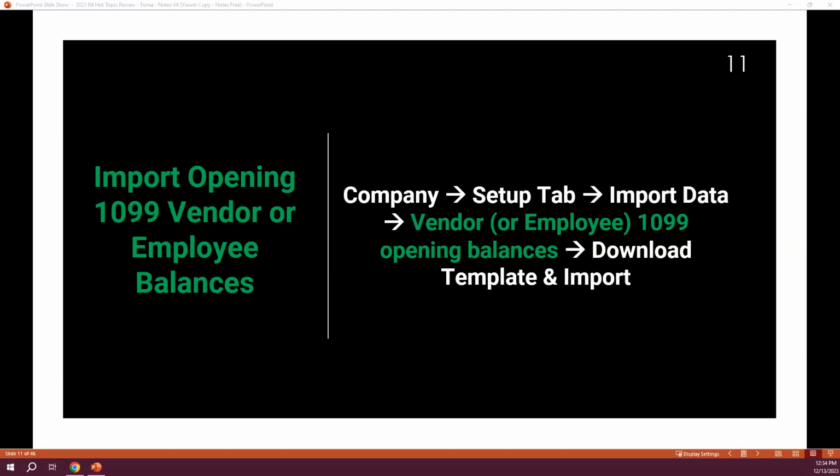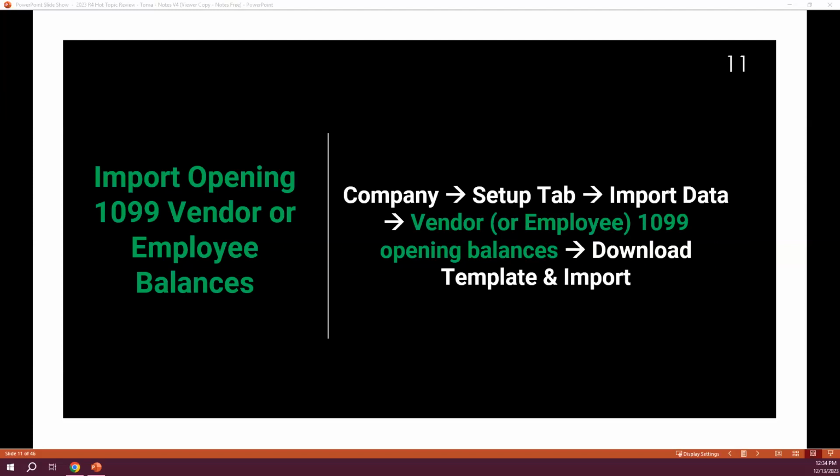And now you have gone live and you have November and December in which you have transactions coded to that vendor or employee that do qualify for 1099. However, you also need to bring in those starting balances for that vendor or employee. This would be a great example of how to add or import those open 1099 vendor employee balances to make sure that you're capturing everything up to a certain point so that you're including any historical transactions for 2023 up to a certain point to get a complete picture of the total amounts that will be filed for that